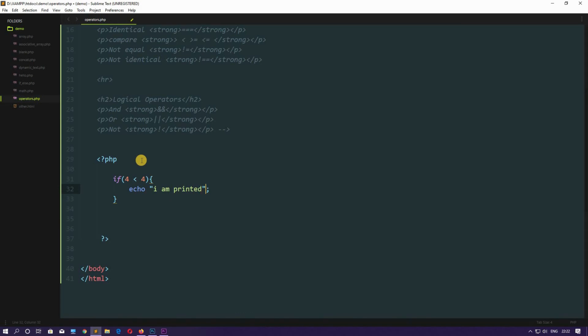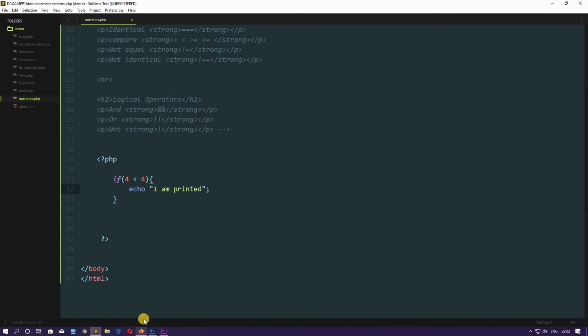Now, this condition is checking whether 4 is less than 4 or not, and if the condition is met, it will execute this statement, or else it will not.